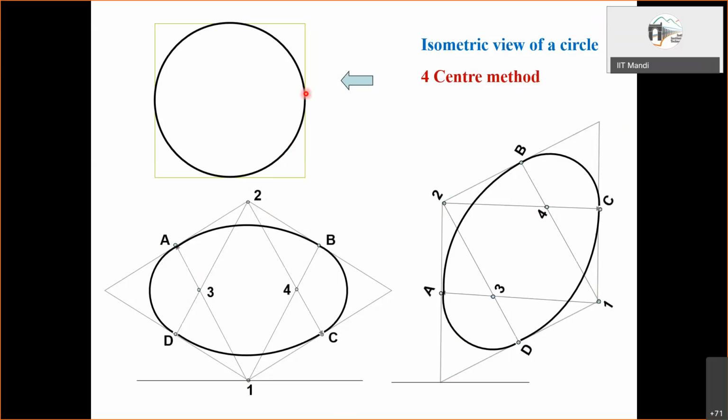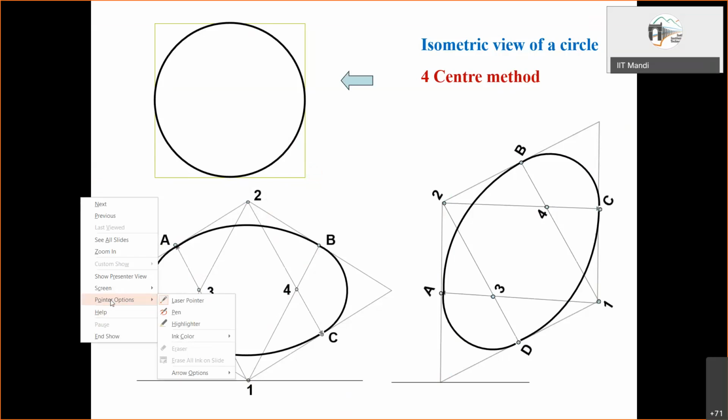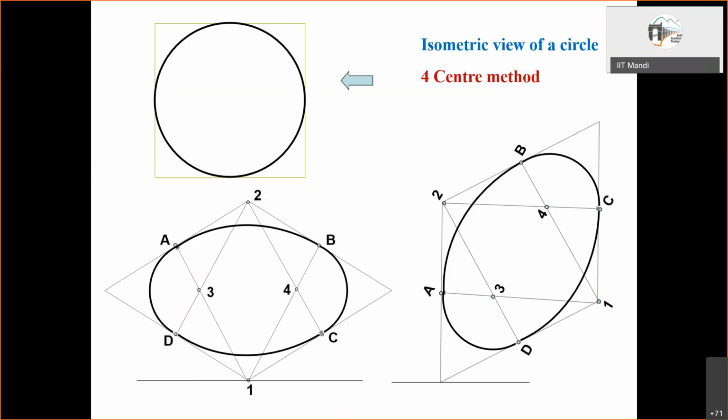Like if you choose, say, 1 point here, 1 here, 1 here, 1 here, like this, suppose you choose many points. Suppose I choose a point over here. Then I can always locate it with one isometric line, another isometric line.